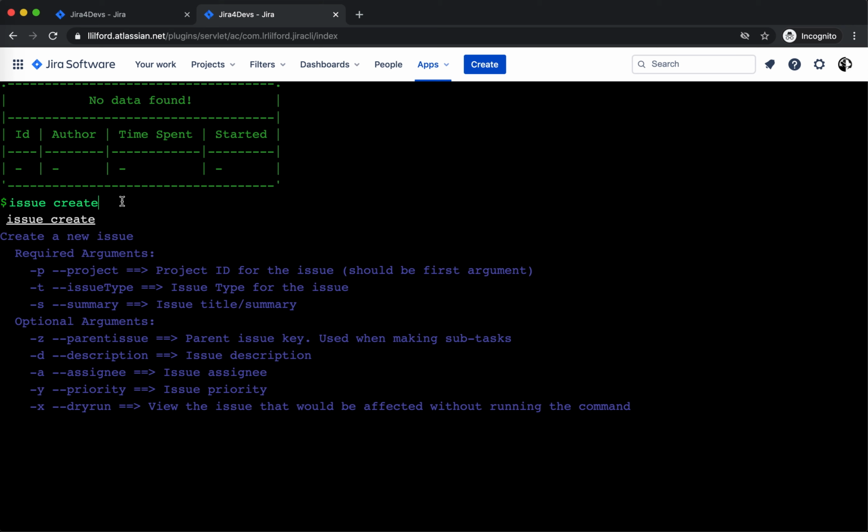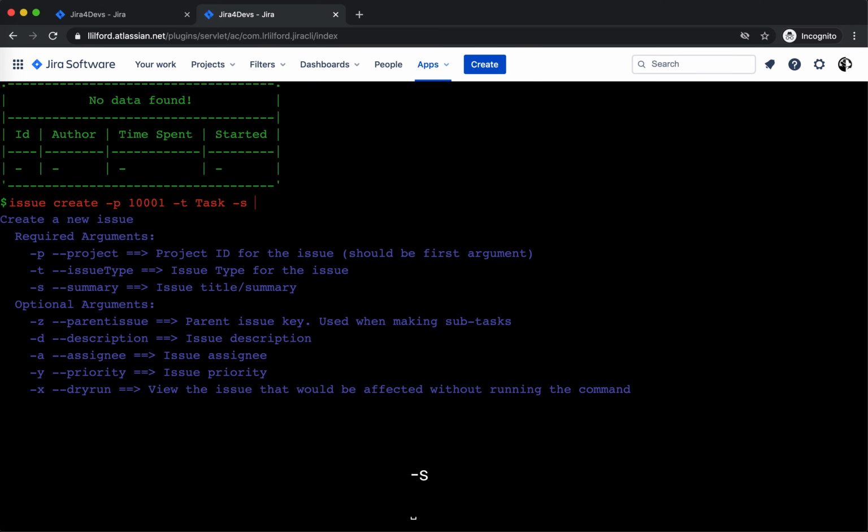So in this case, I'm going to pick a project. I'll pick project 1, an issue type. This filter is for the specified project. In this case, the project only has 3 configured issue types. You'll notice one of them is subtask. If you were to pick subtask, you could use this parent issue option to pick the task that the created issue is a subtask of. For this one, I'm just going to use a task